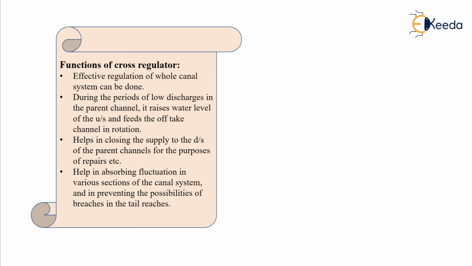So here also, we obstruct the water on the upstream side, but we should obstruct that water only up to a certain limit. We cannot control and restrict that water for a longer period. So during the low flow period, when we obstruct that water, this water will certainly get diverted to the off-taking channel continuously. And in the meantime, we can do the maintenance and repair works on the downstream section of the main channel. So this cross regulator also serves this purpose.